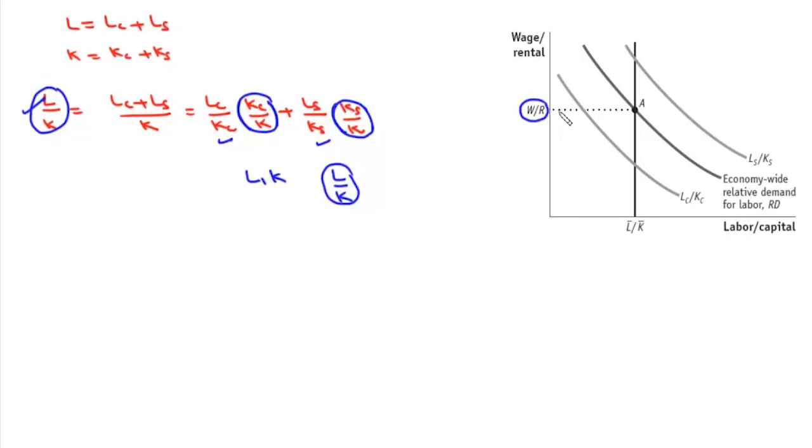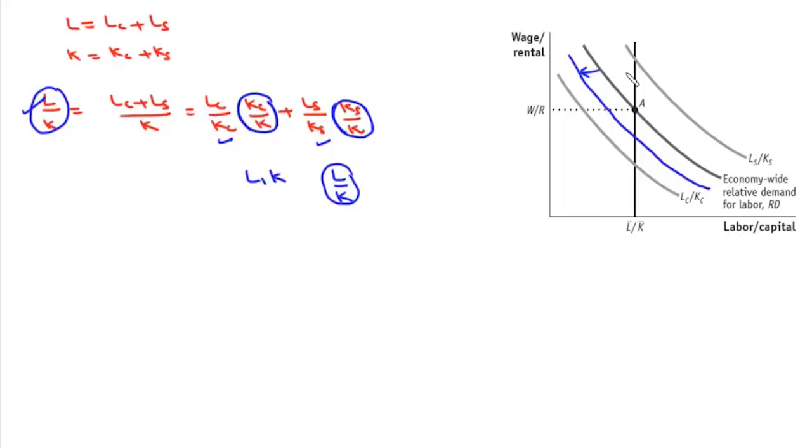In case of international trade, the home is now going to produce more computers and less of shoes. It is going to export computers and it is going to import shoes because it has lower relative price of computers as compared to the world. So basically when home opens itself to trade, it gets higher relative price of computers, that is PC upon PS, it increases at home. And in case of increase in relative price of computers, the economy-wide relative demand for labor is going to shift towards computers. So this graph is going to shift towards left.